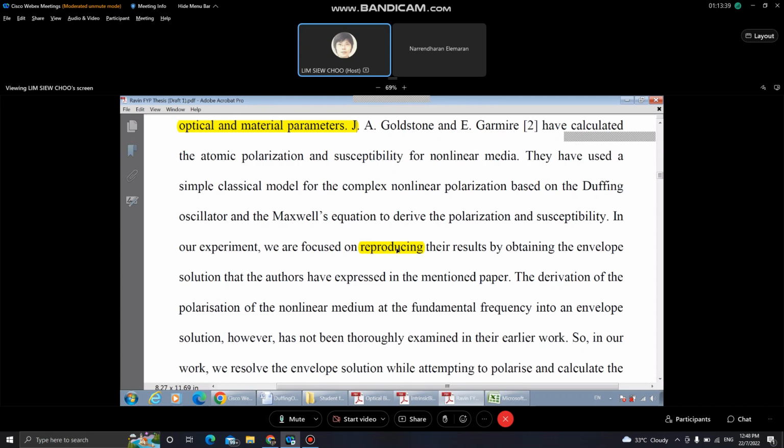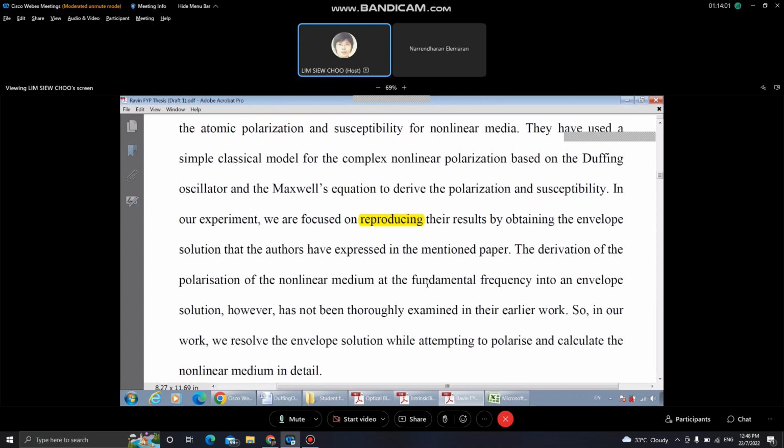Reproducing is exactly the same, right? So you have to change the sentence. So maybe you just say that you focus on the studies or obtaining the results of the envelope solutions expressed in the articles. Okay.